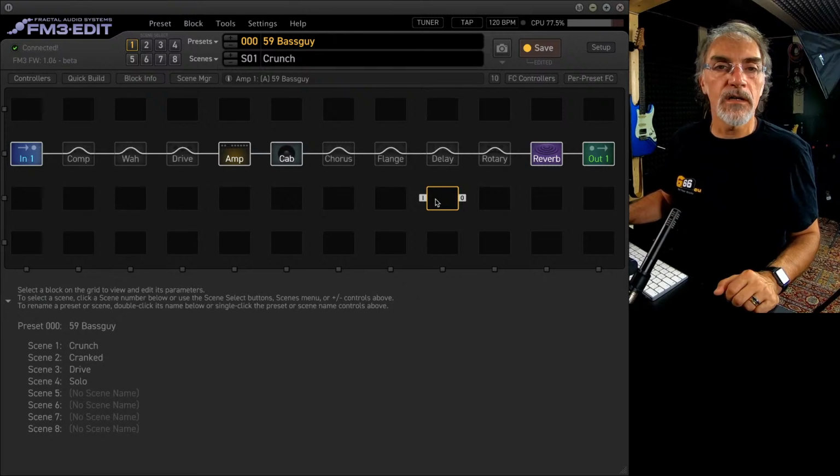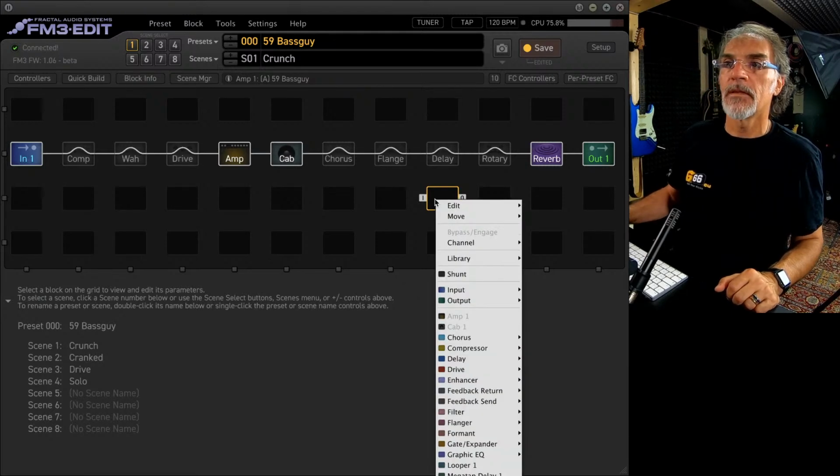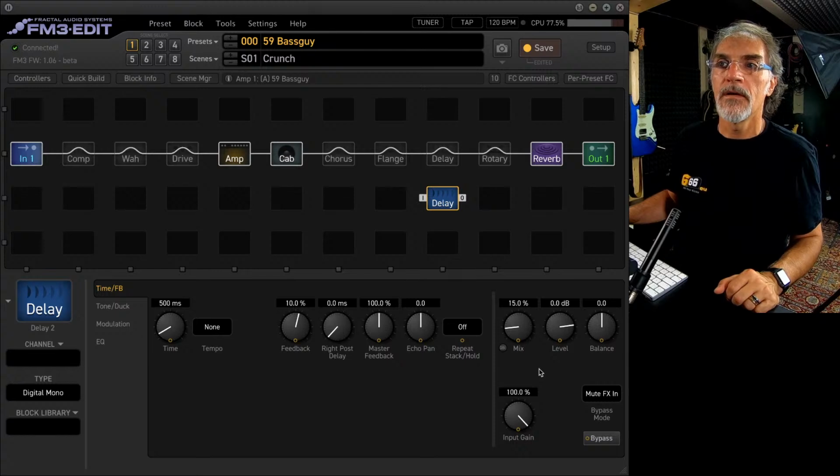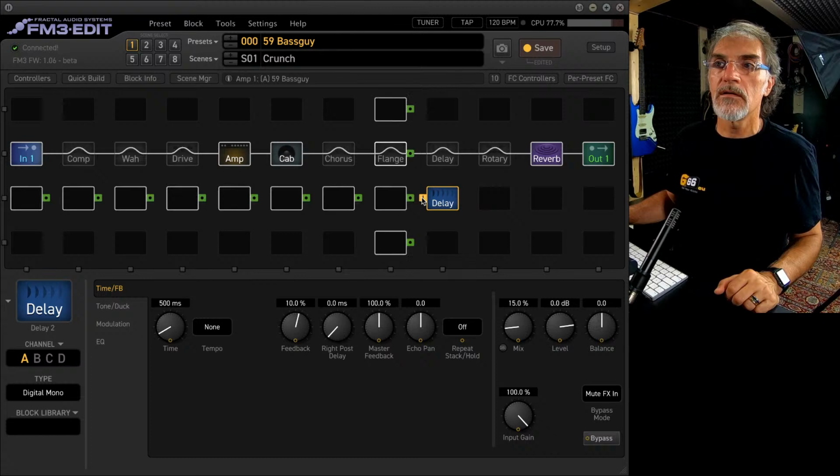I go here in the free block, press the right mouse button, and I can select this. This is the list of the effects. For example, I can select the second delay. I can connect this delay in parallel with this one, clicking here.